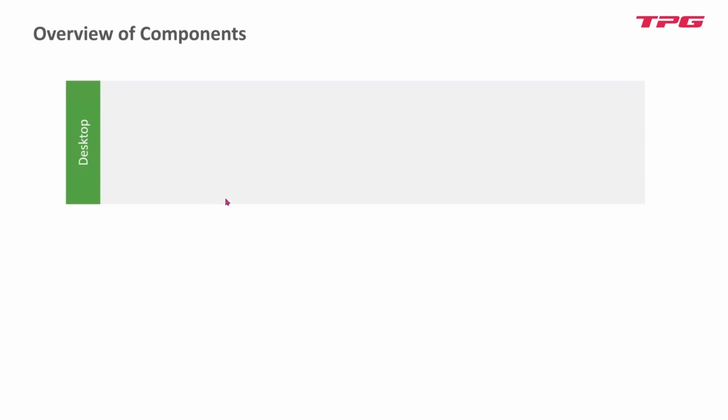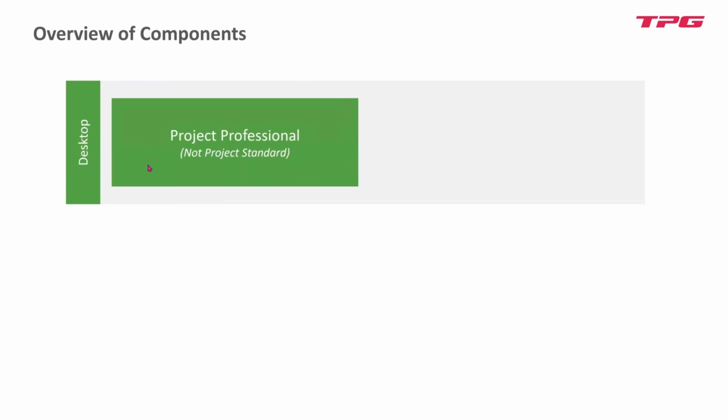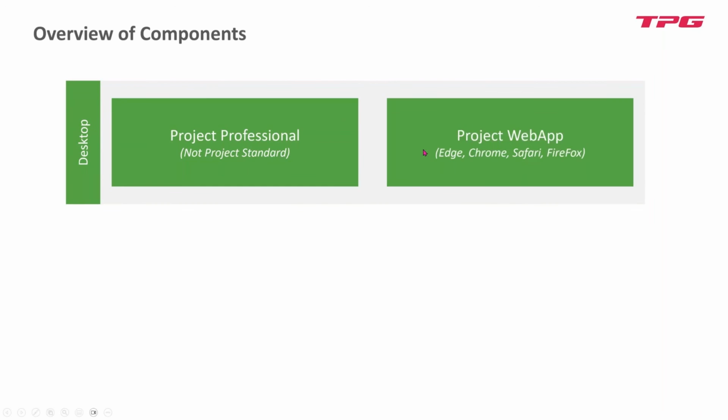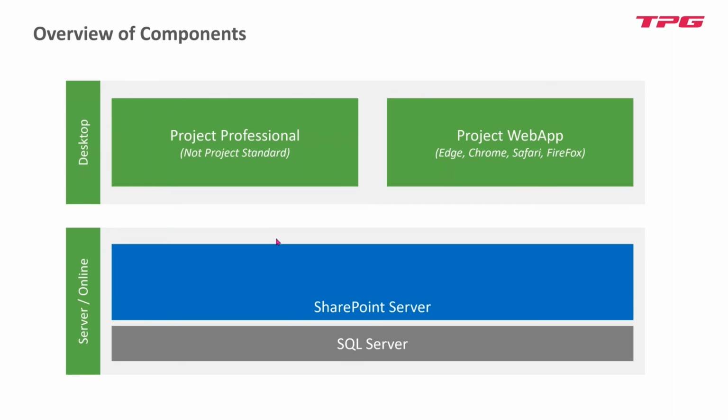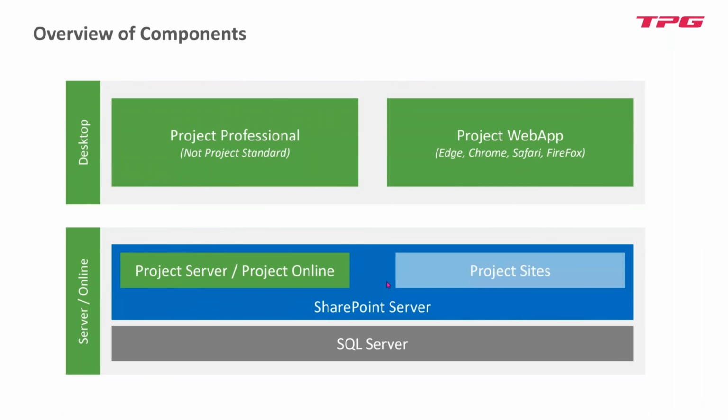It's a desktop application, Microsoft Project Professional, and there is the Project Web App beside it. There is a database where the data is stored in SQL Server, and we have the SharePoint server, and therein the project server is working. So if you have projects which are not allowed to be stored outside the company, you would like to run the local system,